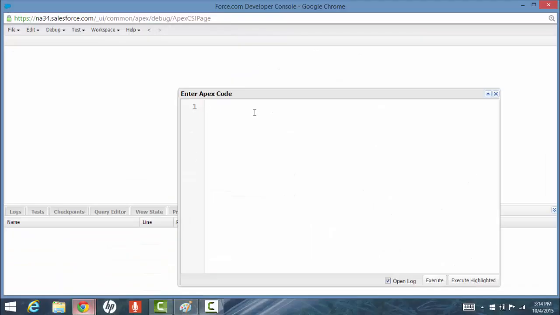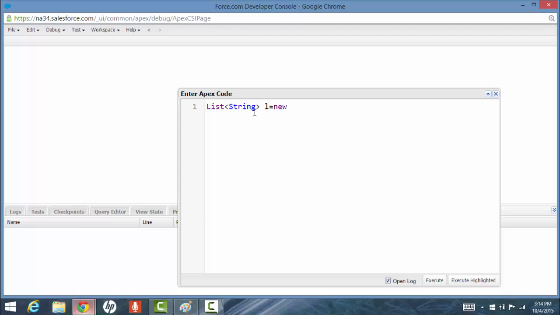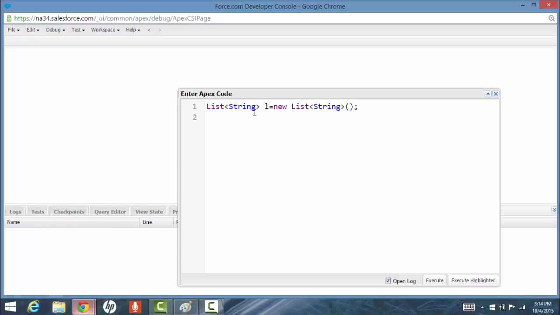Let's say the first example is to create a list. The way to create it, you can say List. You have to specify what kind of elements will be in this list, so we'll say the list is of string type. Then you say new List. And if you want to add elements, you can add, let's say, apple,